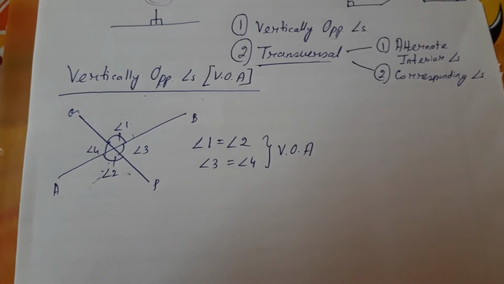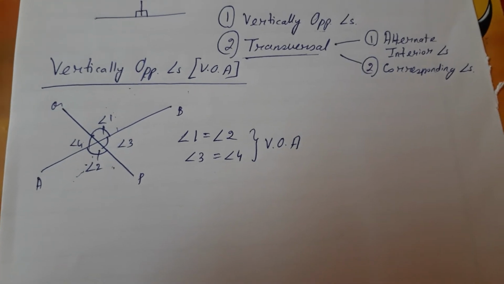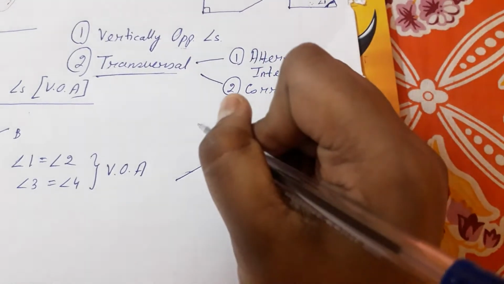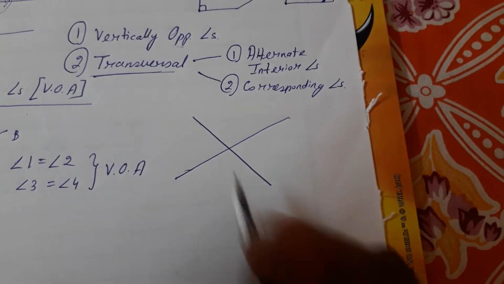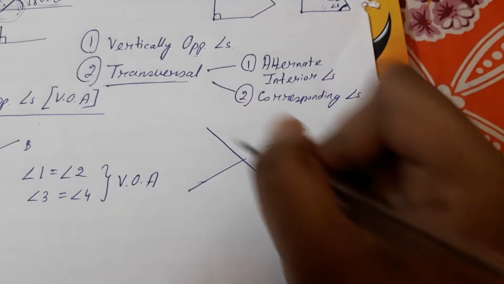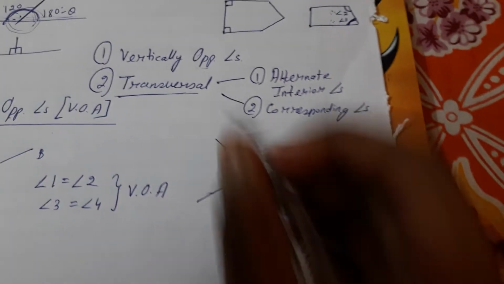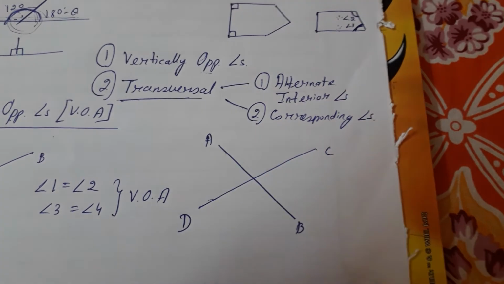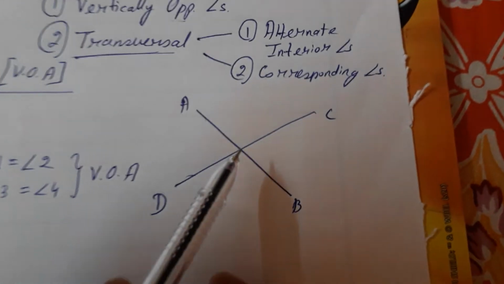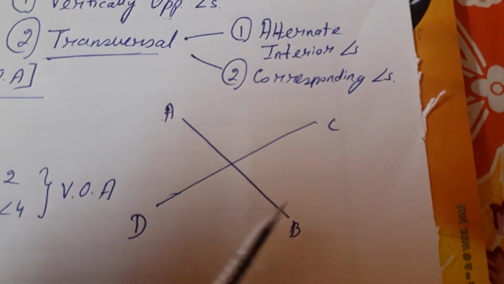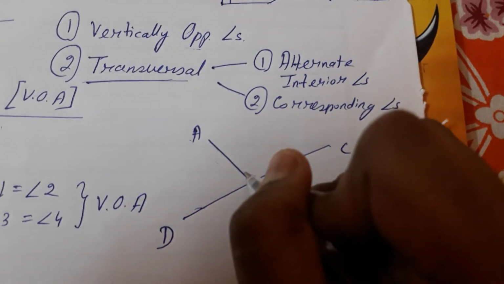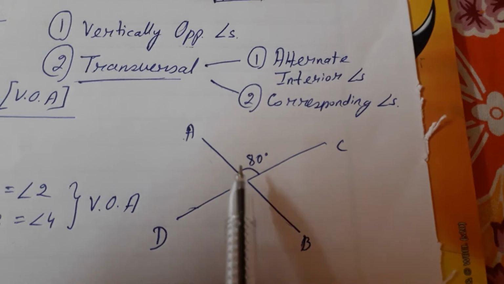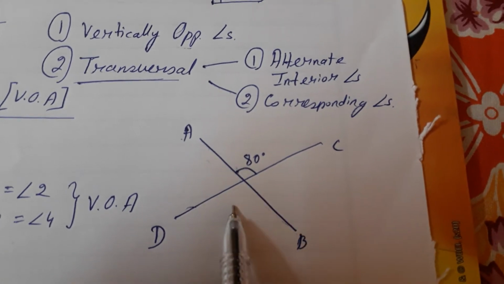Let's see with an example. If you see it with an example, then it will be very clear to you. Suppose these are two lines in the crisscross format. Consider this line AB and this line CD. Now in this line AB, suppose one angle is known to you, that is 80 degrees. If this angle is also 80, then this will also be 80.